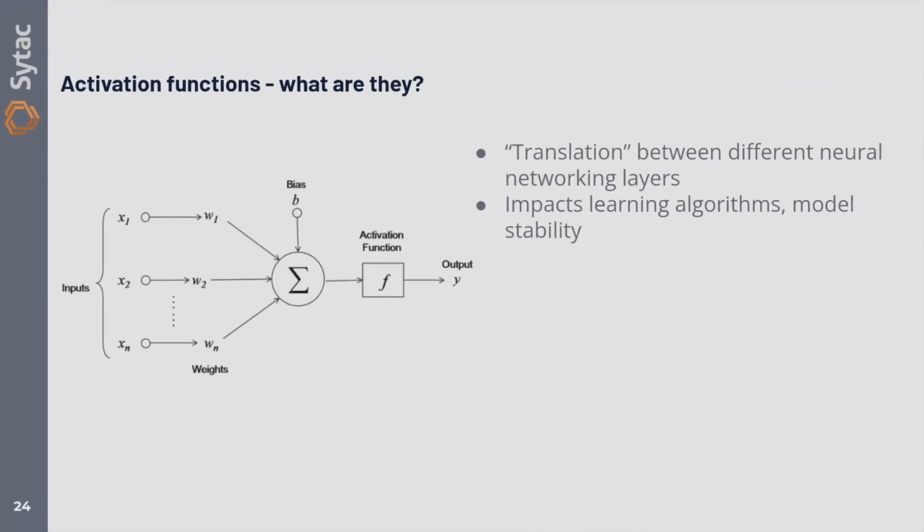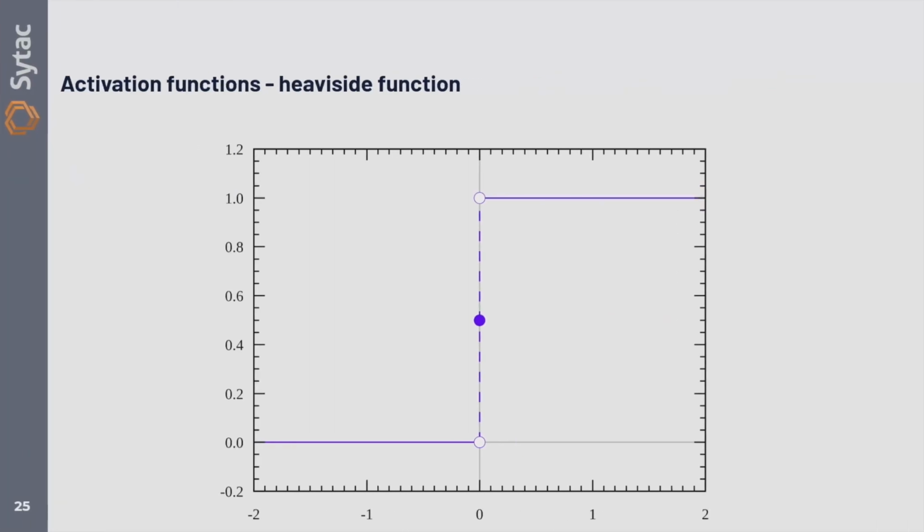So activation functions are also very important. Activation functions are in between each layer. They define a transformation from one layer to another. These things can in a very big way impact the stability of your algorithms and your model. So usually in the past, in the 90s, neural networks had these functions. Can anyone tell me, if you want to do gradient descent, what the problem is with the Heaviside activation function?